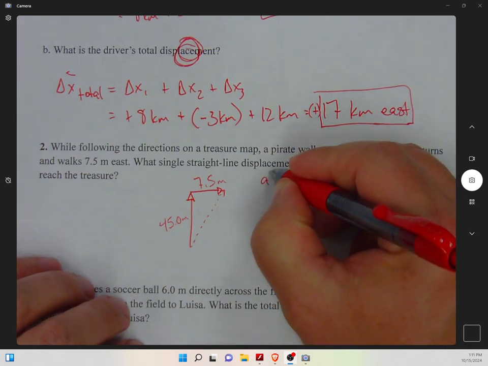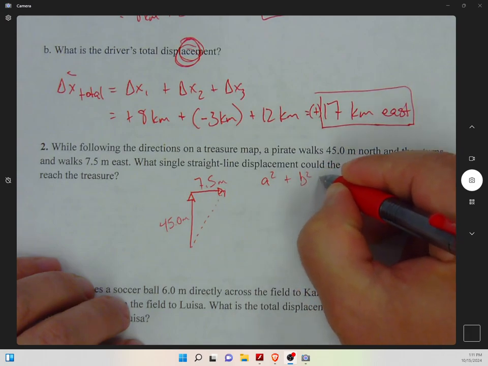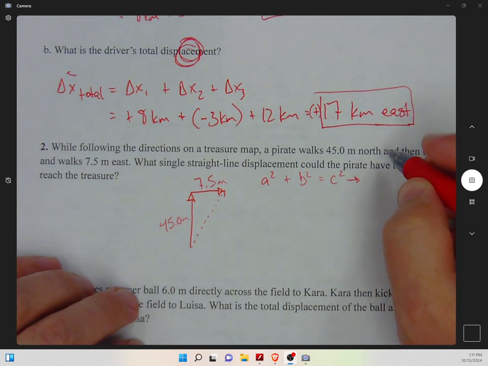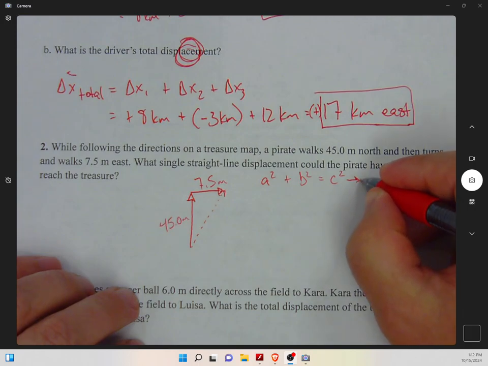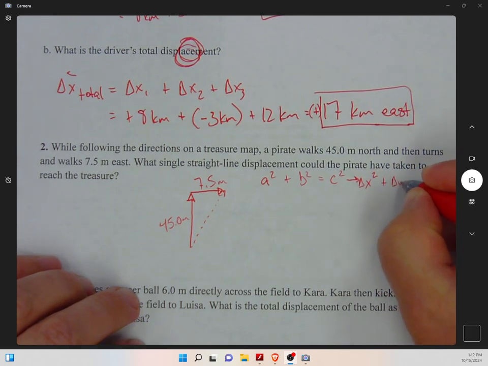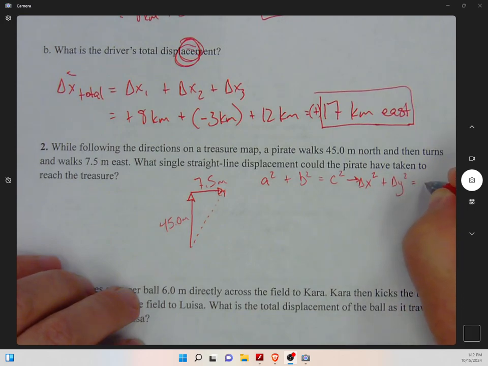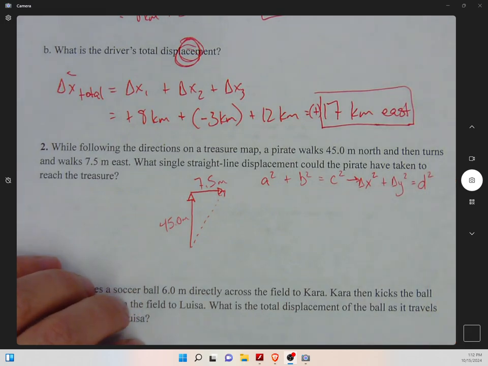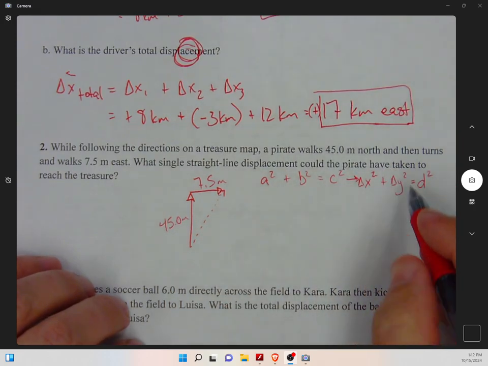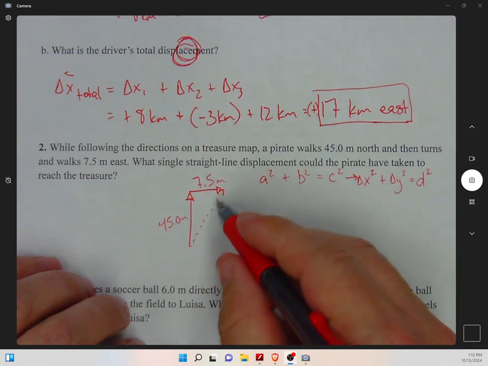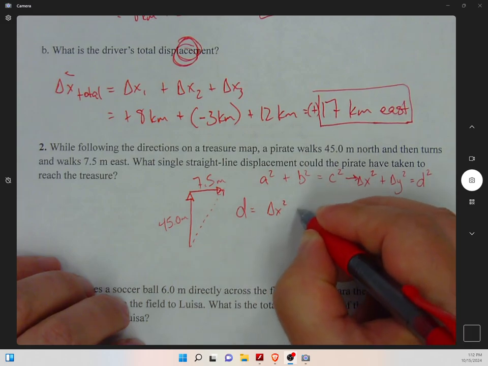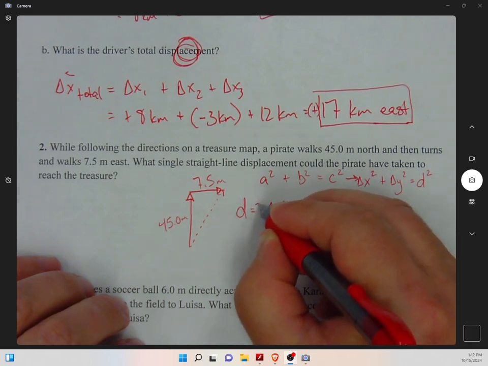Now, you guys know the Pythagorean theorem. A squared plus b squared is equal to c squared. Well, if we substitute this in for physics type things, we're going to have the change in the x position squared plus the change in the y position squared, and that is going to equal the displacement squared. So this is something that we're going to use a lot in this course. So if I rearrange that and solve for d, which is what I'm trying to do here, my displacement is going to be the x squared plus y squared, and then all that's going to be square rooted,